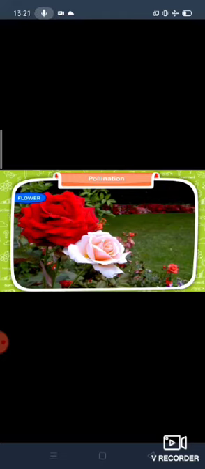Okay, so flowers are also known as blossoms of a plant. Different kinds of flowers are found in different parts of the world. Flowers are the most important part of a plant because it is the reproductive part of a plant. Let us learn more about flowers and their role in the reproduction of plants, children.